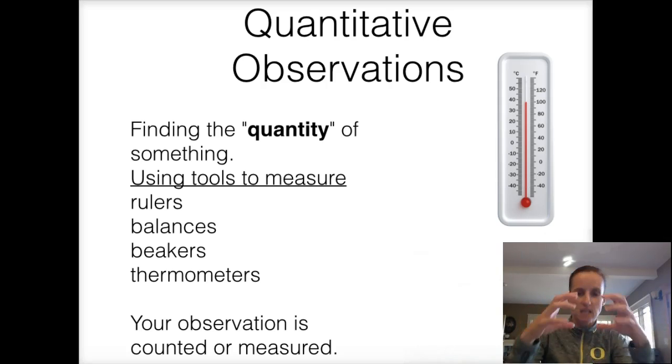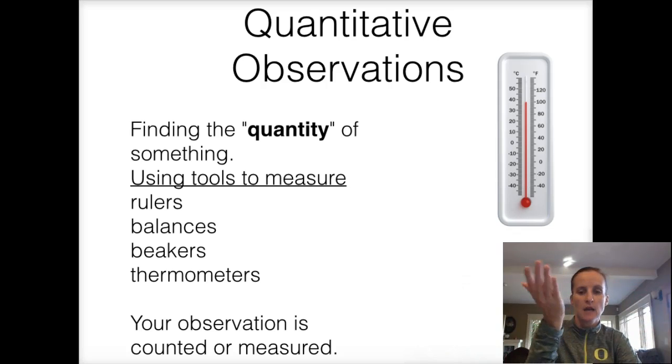You are finding the quantity of something, the number of something. So I want to know the number of red apples. They might be red, and that tells me a lot, but maybe I need to know exactly how many there were. When you're taking a quantitative observation,